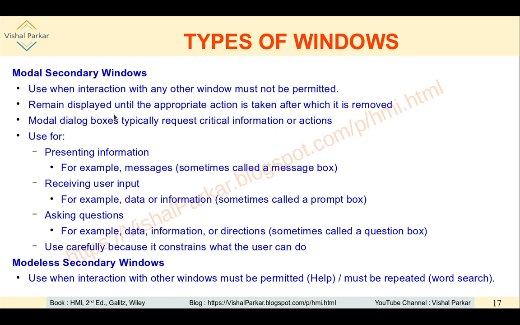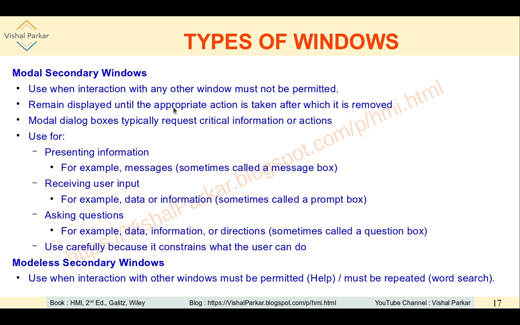It will remain displayed until the appropriate action is taken, after which that window will be removed. It will simply be displayed until the question is answered by the user or the appropriate action is taken.